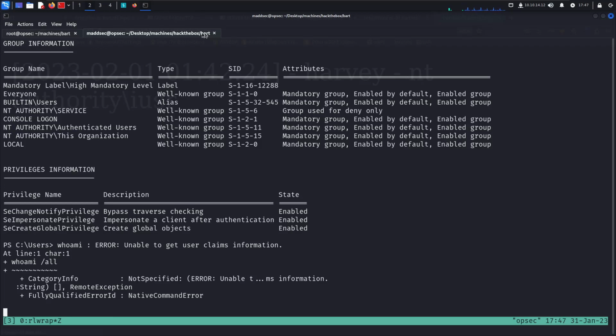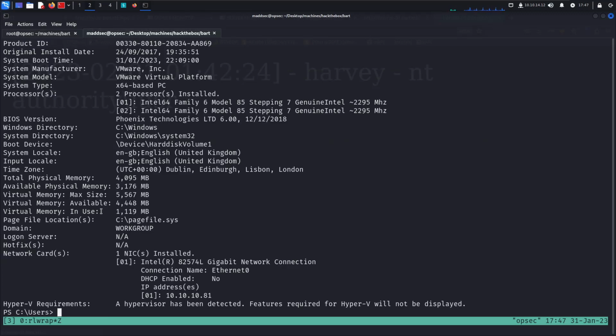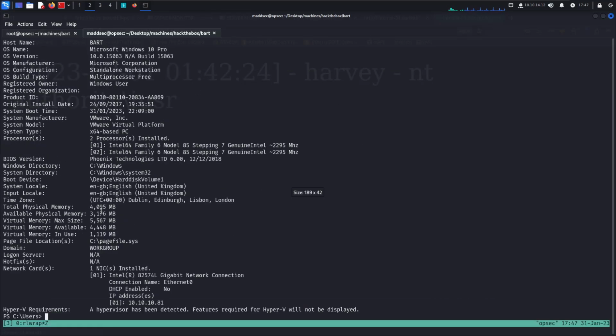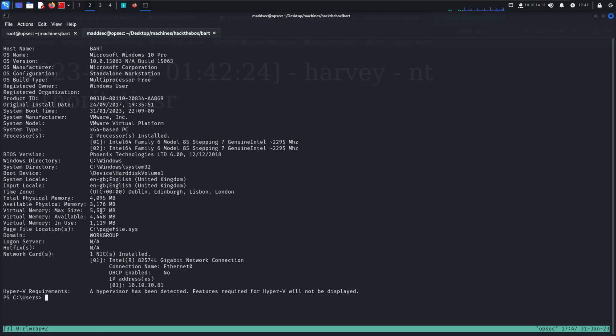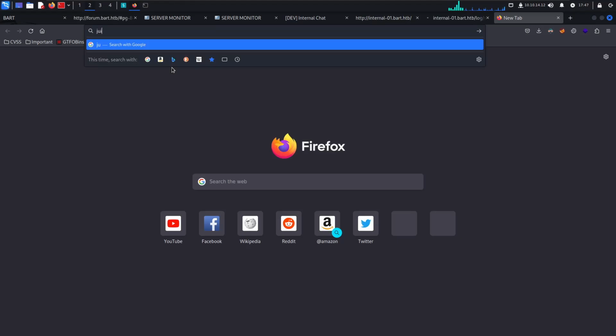And I see something interesting here, which is SeImpersonate privilege, and as you might know, or you might not, we actually have a way to escalate our privileges by exploiting that privilege. It's kind of critical. We'll see that it's Microsoft Windows 10 Pro. Okay, let me go ahead and look for Juicy Potato on GitHub,